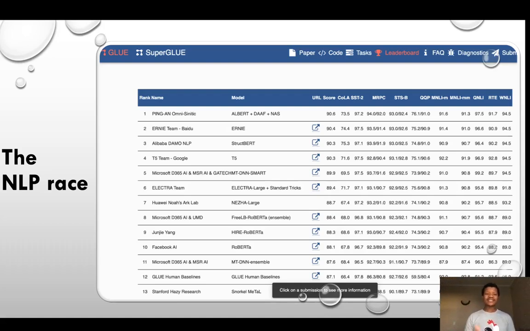But you can see that there's no democracy here. I mean, you've got your Google, your Baidus, and then your Alibabas, and at least you have Stanford there at number 13. Your Facebooks are there, Microsoft. It's just a demonstration of who has the most compute power, who has the most resources to train these models. But the good thing is, once they train, we can take advantage of them using the transfer learning thing,